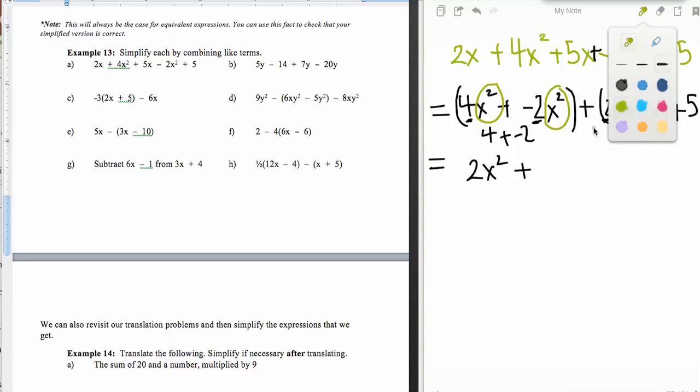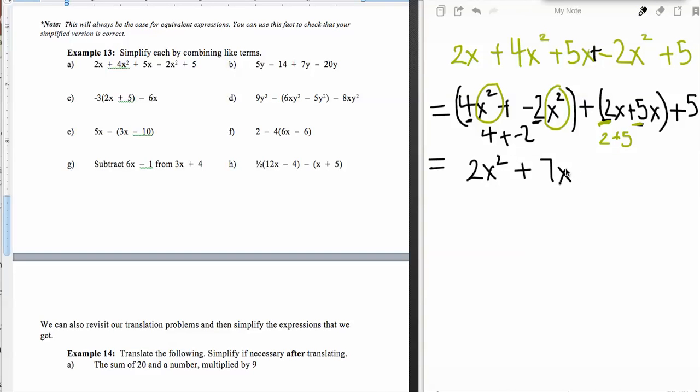Plus, I have 2 of these and 5 of these x terms. 2 x's and 5 x's. So how many x's do I have? Well, I have a total of 7, and those are 7 x's. So plus 7x. And then the constant, it just hangs on. And there we are. There's a simplified version. Now your book